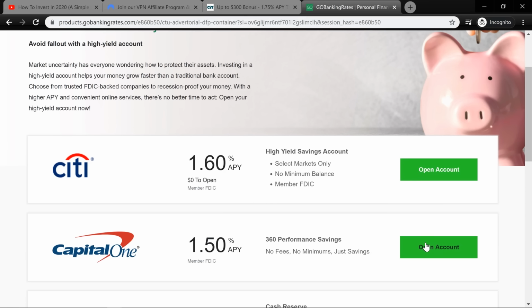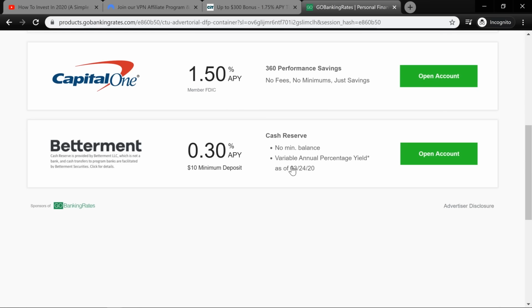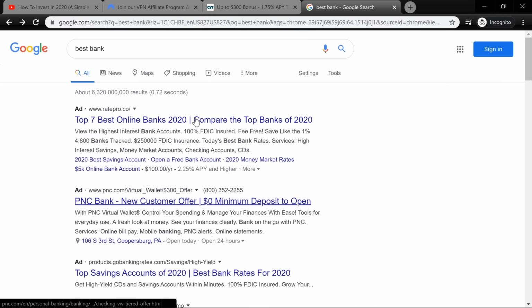And every time I click one of these green buttons, boom, they're gonna get probably, I'm gonna guess, $100, $200, really depends on the product, but each one of these, they're getting a good chunk of change, and they're doing this as a paid ad. Now, this looks really, really cool because you can buy traffic and you can make money from that, but as I said earlier, I would be careful with that route.